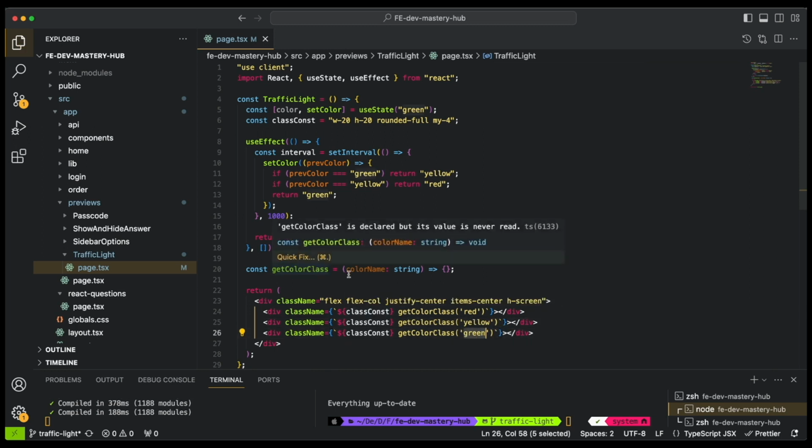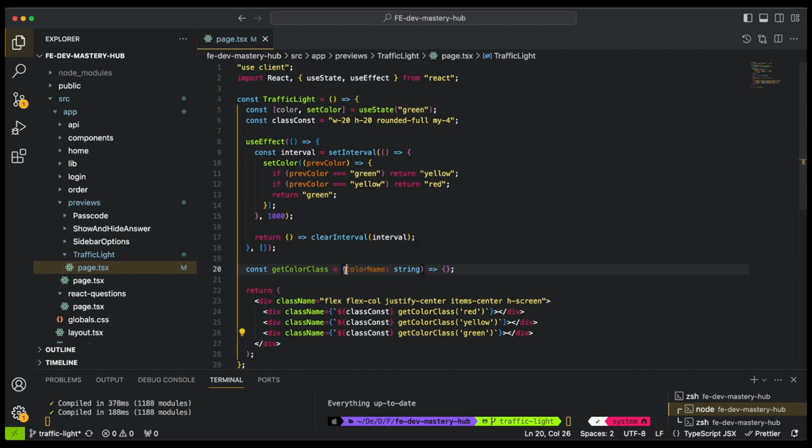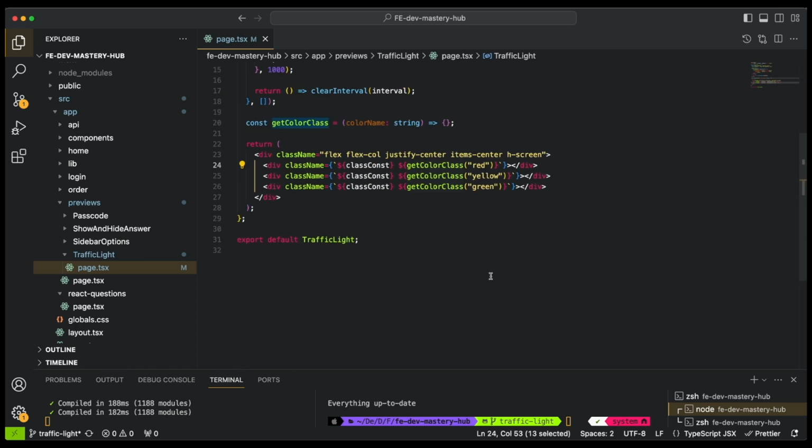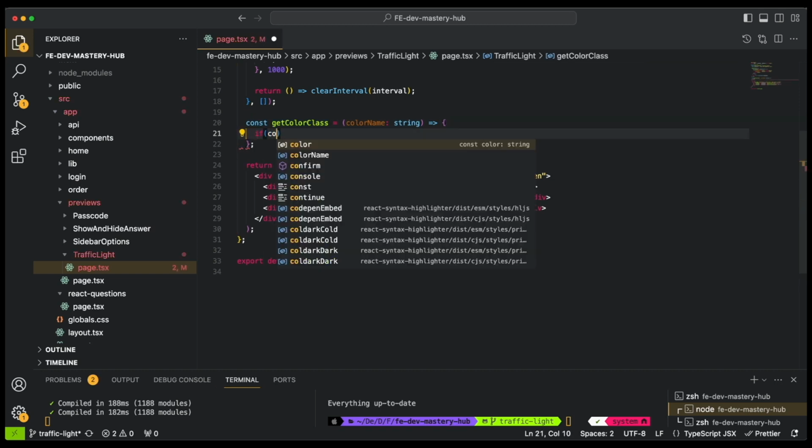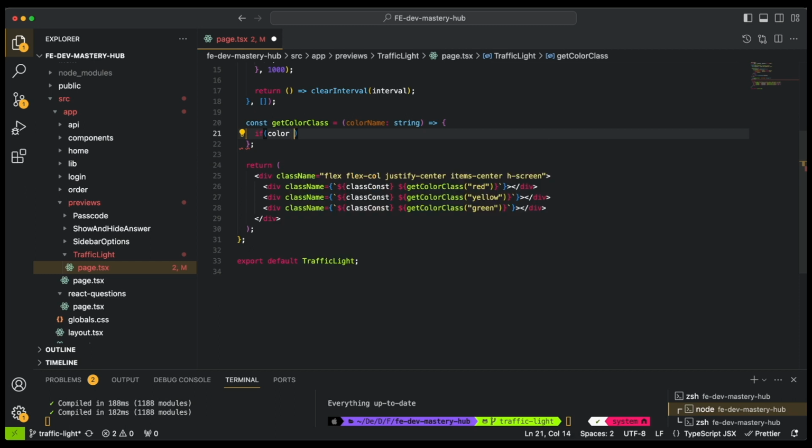So this function is expecting a color name which we are passing here, but this will not work because we need to put it inside a string literal. So we will do that. Okay, so now we're passing our function here. When this function is called, we will need to do some checks. So let's do that. So if the color which we are passing matches,